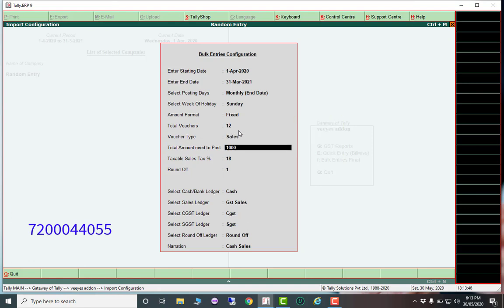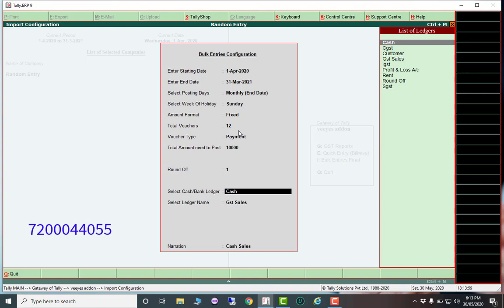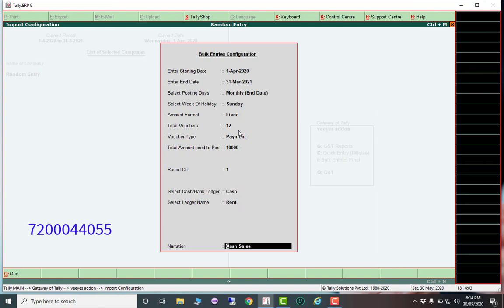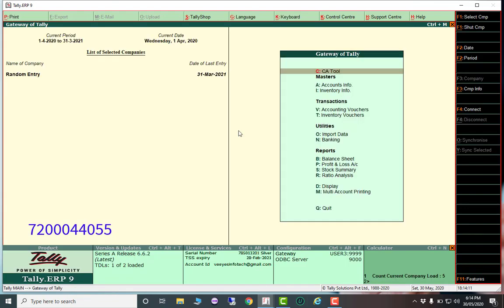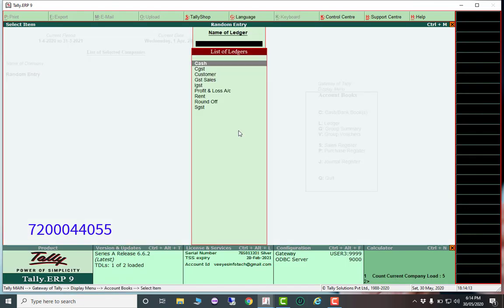My rent is 10,000. So 10,000, cash here, rent. So automatically generated. Display accounts book, ledger, rent.